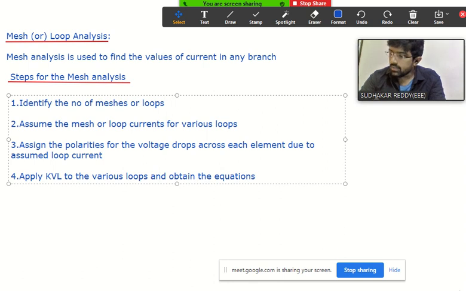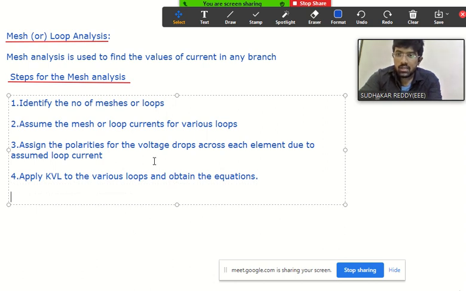And obtain the equations. After obtaining the equations, what do we need to do? We need to solve now? Yeah, solve the equations, no doubt. Solve the equations